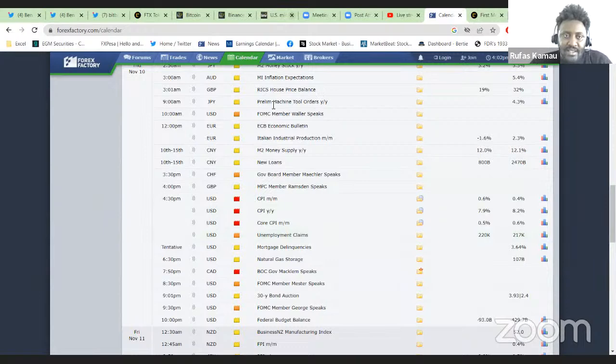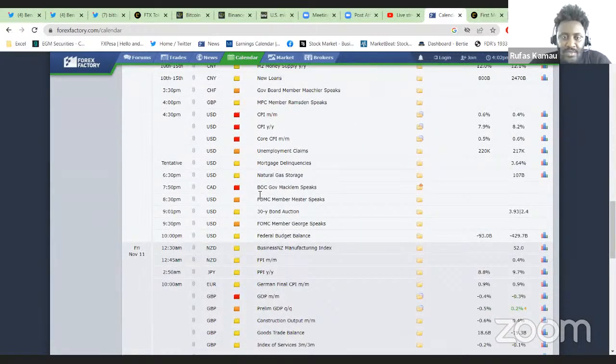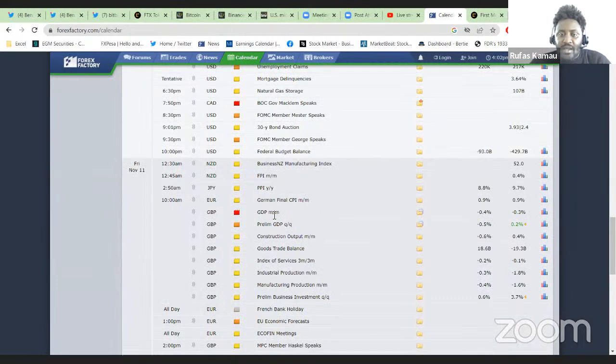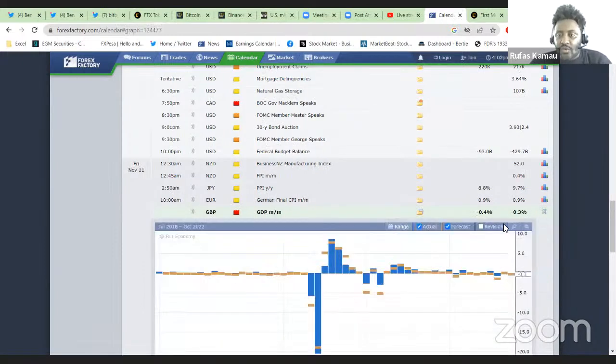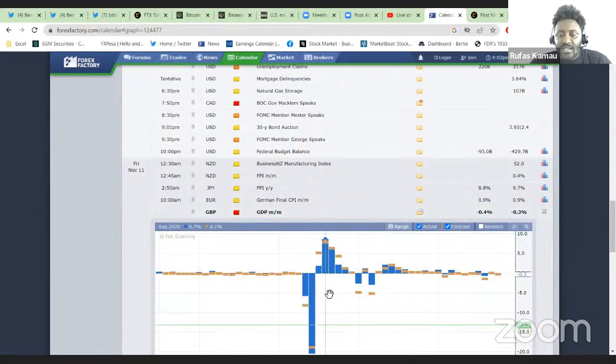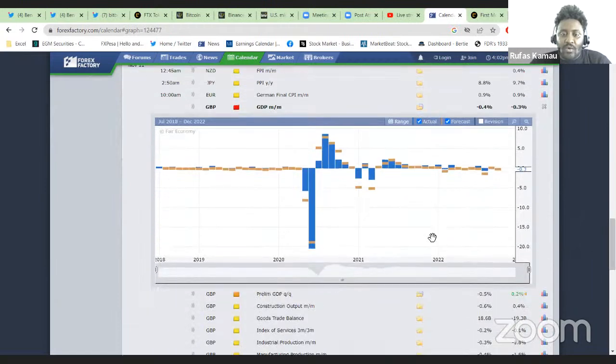Besides these, for the rest of the week, we'll also be expecting GDP from the UK. There are already fears from the Bank of England that the UK could be headed into one of the worst recessions ever. In the previous reading, it was a contraction of 0.3%. For the month of October, we expect another contraction of 0.4%. You can already see the rates here, where the GDP was largely contracting in May and June of 2020. Then it moved up, contracted another two months in January and March of 2021. And now we are going back into negative territory.